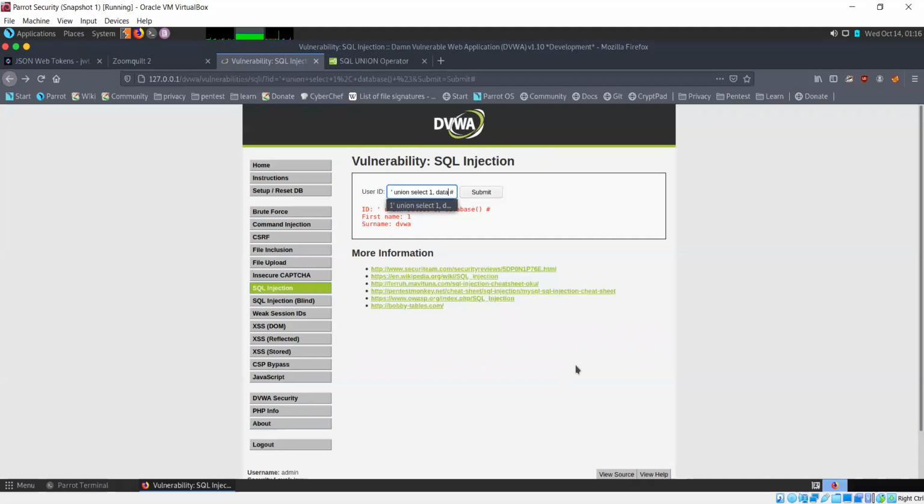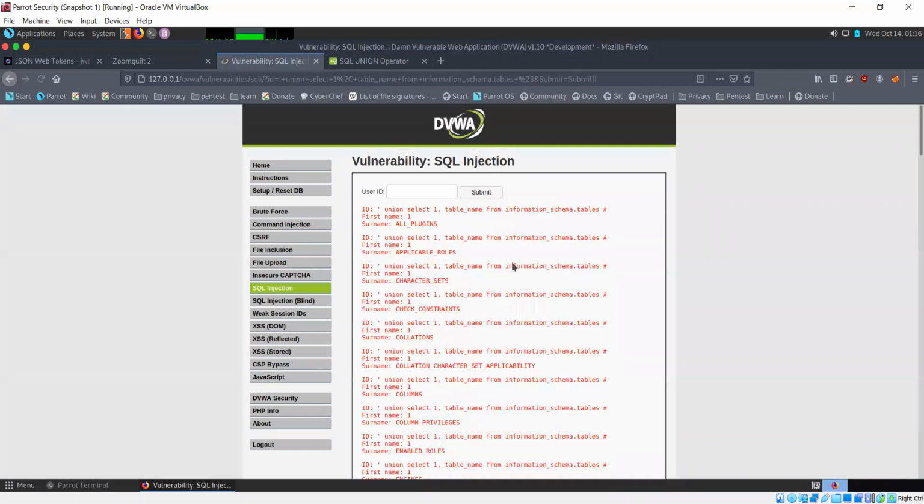Now, union select one is fine. Remove this first one. We talked about getting the table name, so let's do that. table_name from information_schema.tables. Submit.